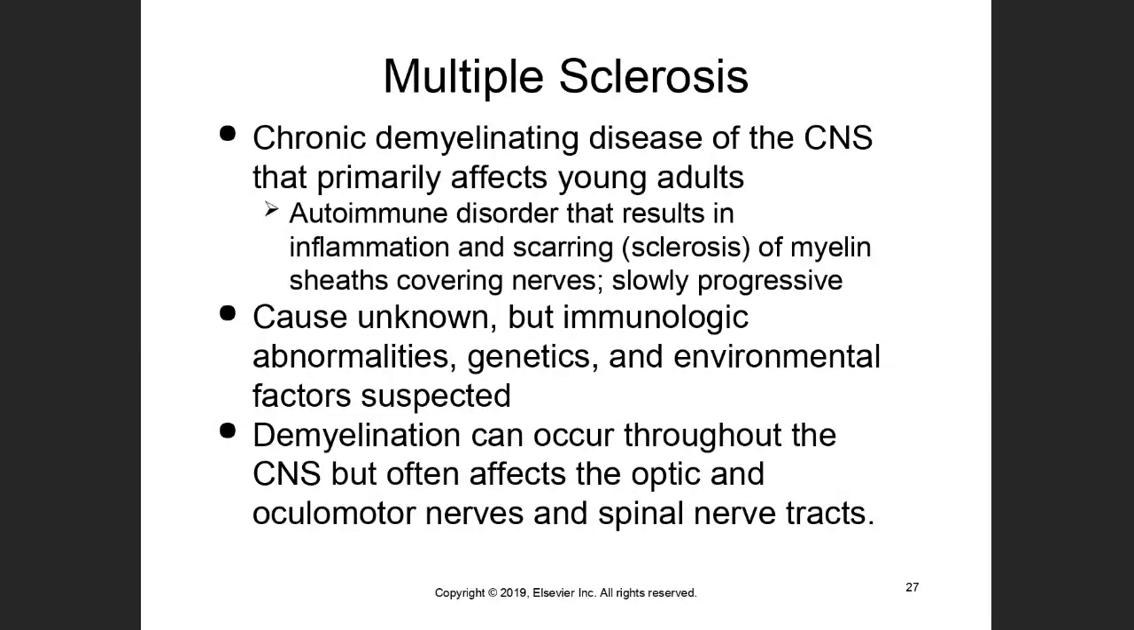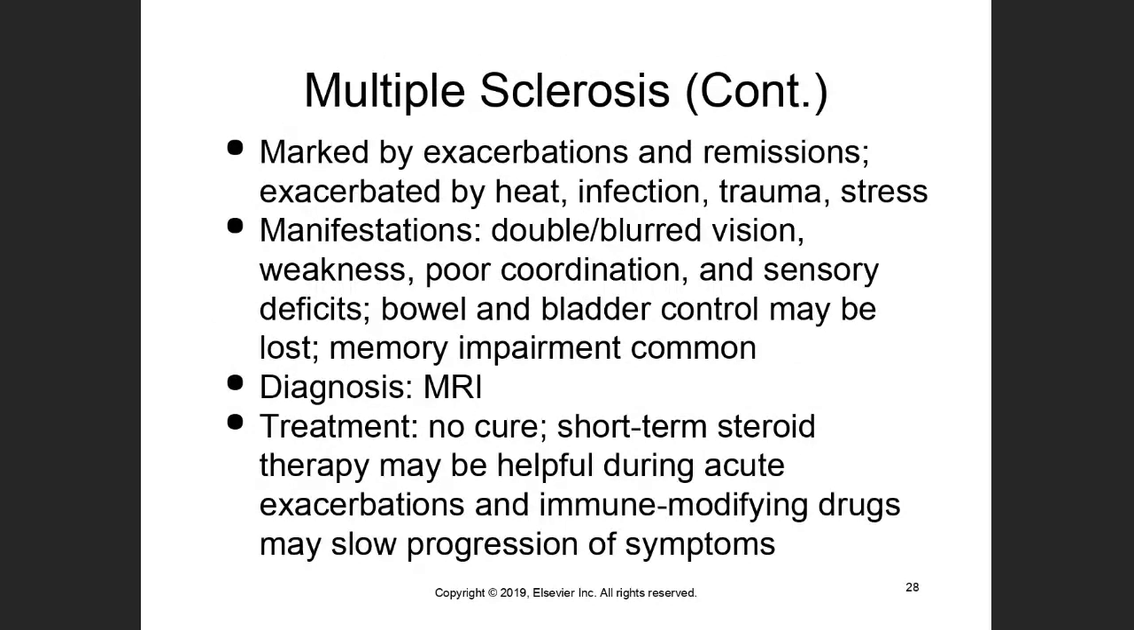The primary effect is on adults, an autoimmune disorder that results in inflammation and sclerosis of the myelin sheath covering nerves. Slowly progressive. Cause unknown, but immunological abnormalities, genetic and environmental factors are suspected. Demyelination can occur throughout the CNS, but often affects the optic nerve and the spinal nerve tracts. Optic neuritis most of the time is the first sign and symptom in those patients, and also the most common sign